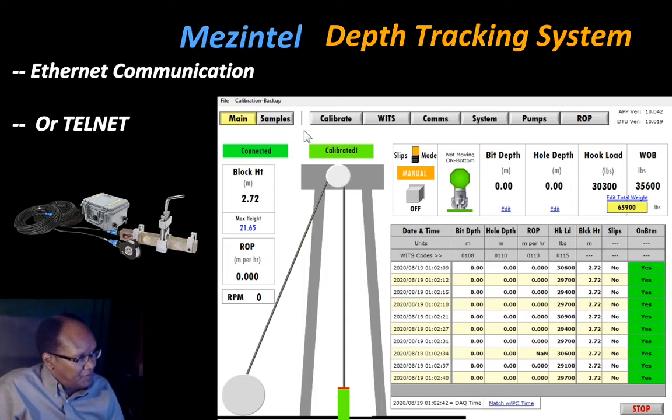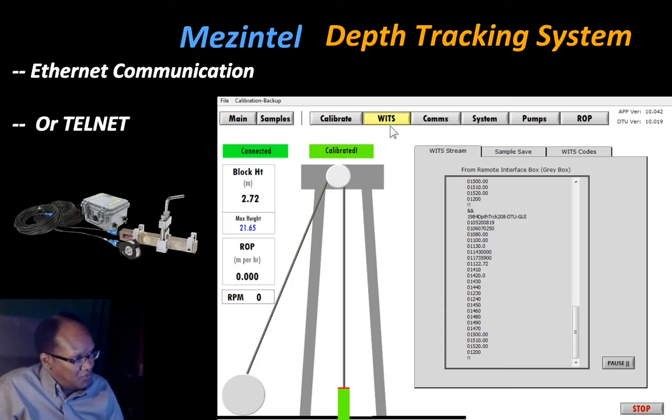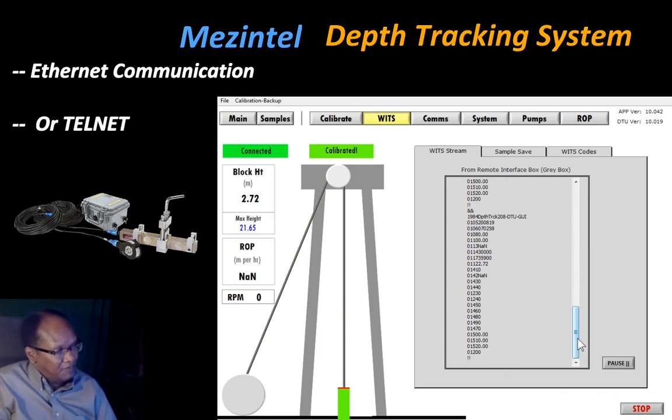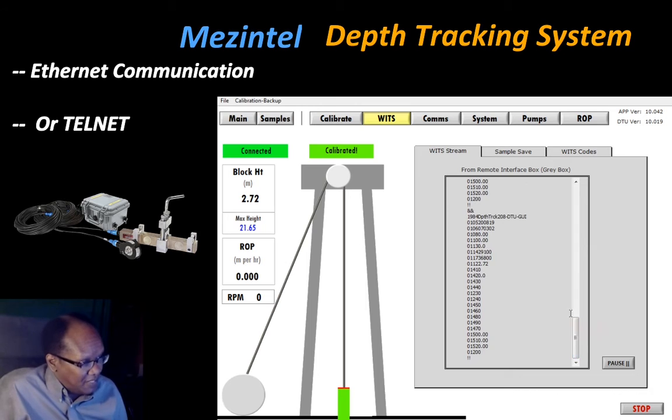and to be able to do the WITS out communication via the Ethernet protocol, you'd first visit the WITS context or the WITS tab here, and you'll find that there's a data stream which is a WITS based data stream, zero based WITS. All of the codes start with zero there, so that's a time based WITS, and there's one